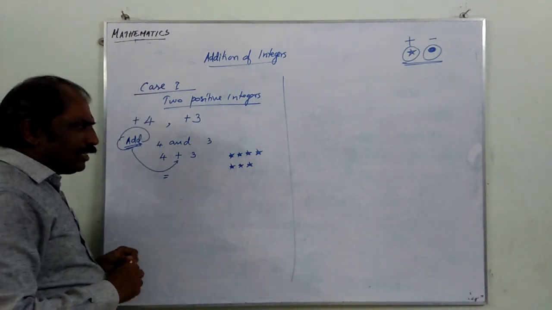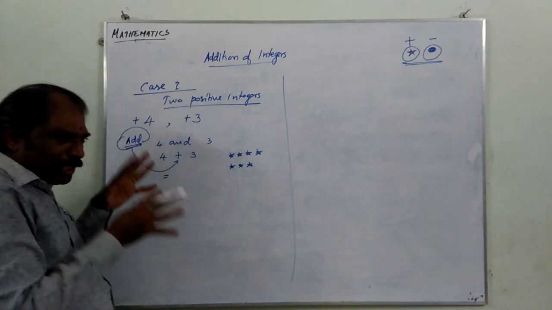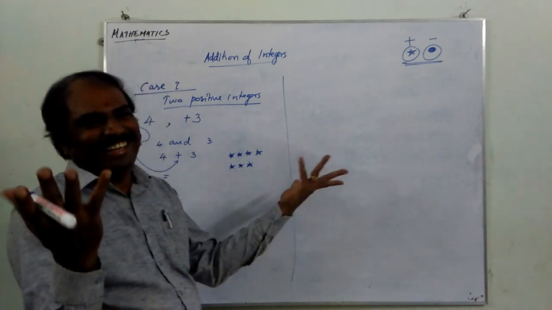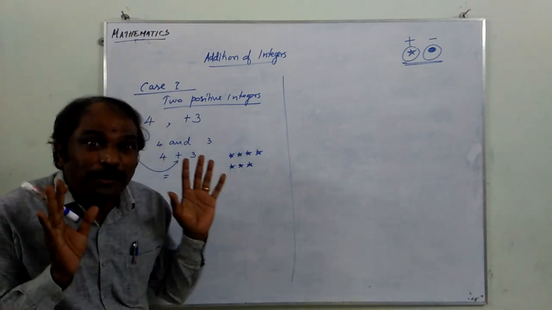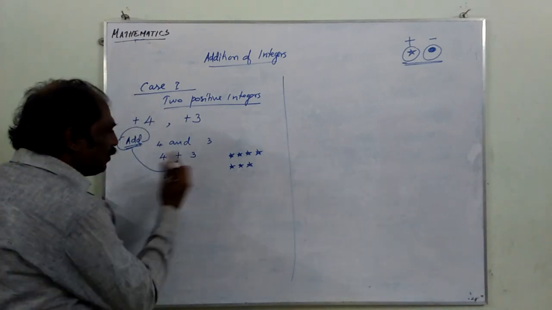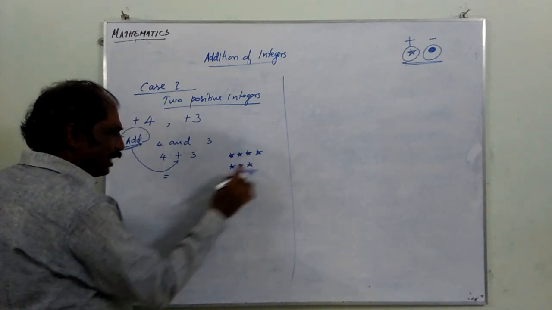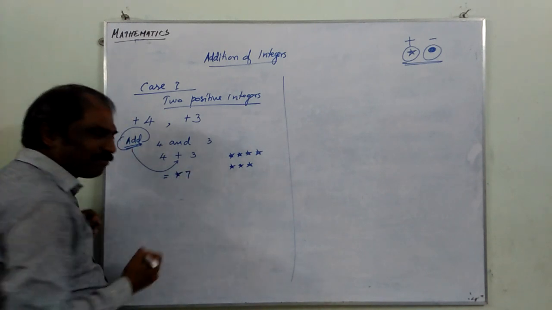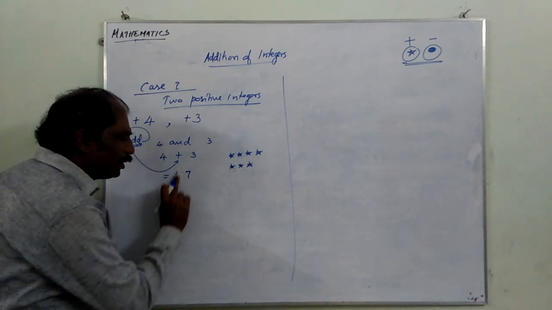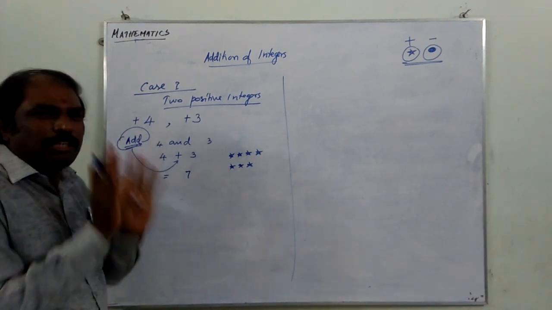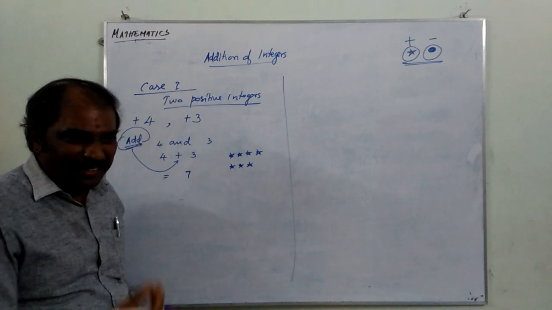Now are there any cases like that? The stars are there. Are there any dots? Will any star catch any dot? No, not at all. There are no dots at all, so all the stars will be waiting for some dots. So it will become how many stars? 1, 2, 3, 4, 5, 6, 7. Seven stars. Normally for the star or positive, we do not give the sign. That's all. This is the addition of a positive integer with another positive integer. Have you understood?